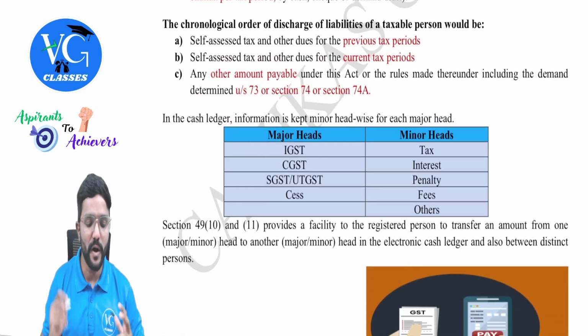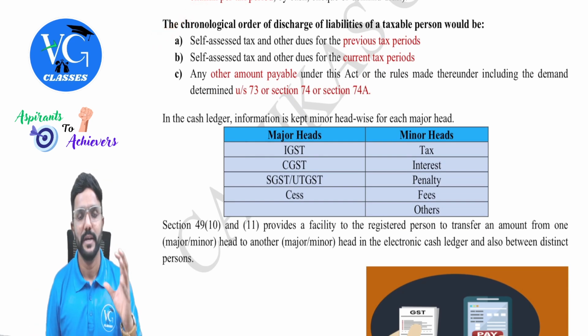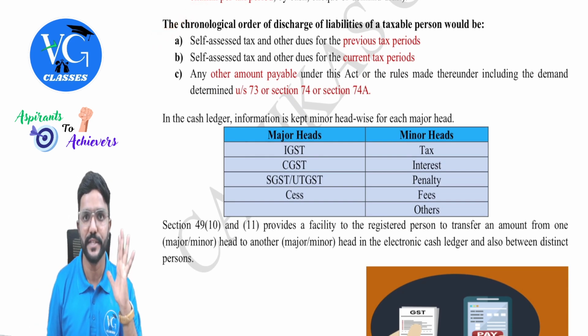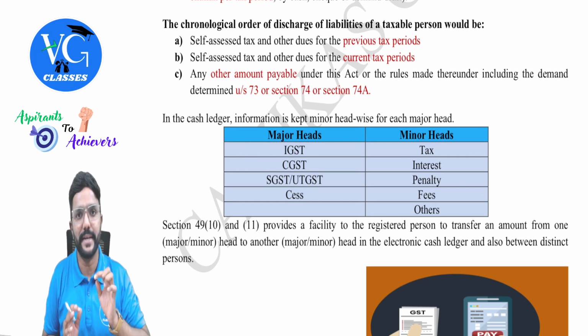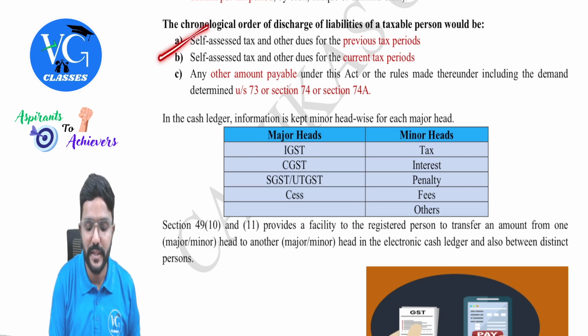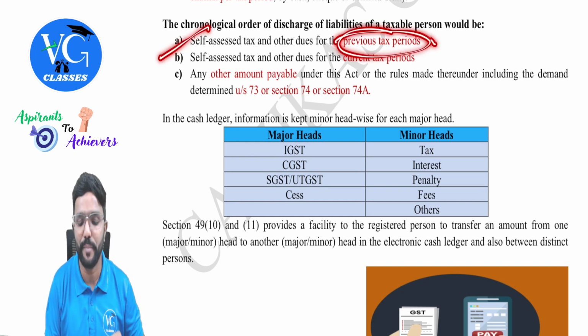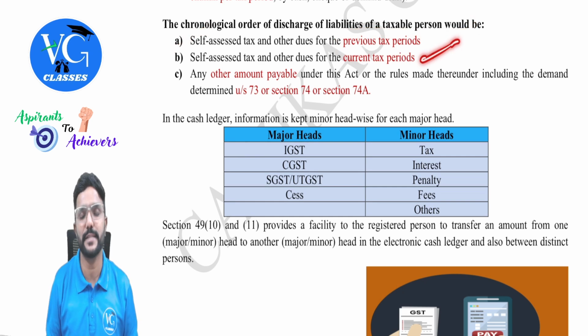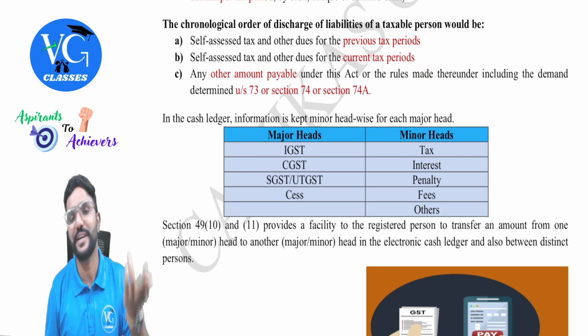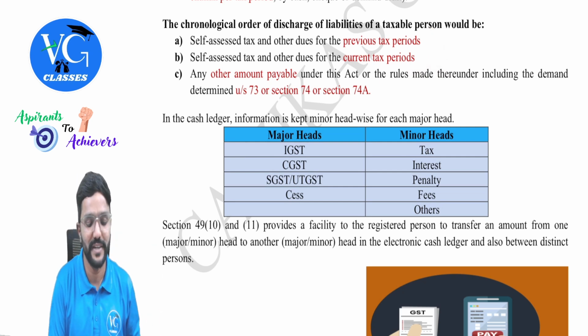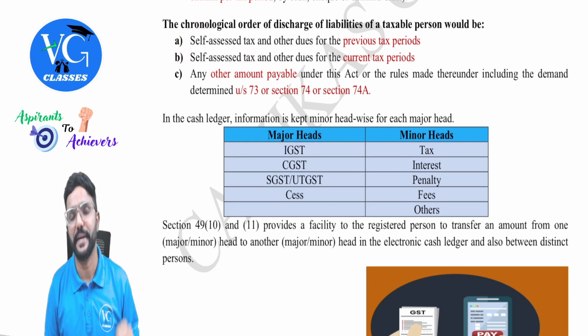Next, sir, in what order does the payment have to be made? Guys, GST is self-assessment based. So first you will calculate what is the amount of tax to be paid. So you will pay for the current period. But if any amount is pending for the previous tax period, first you have to pay that. If at all it is pending, then you can pay for the current tax period. If you don't do this, when you are liable to pay GST but you didn't calculate and pay it by yourself,